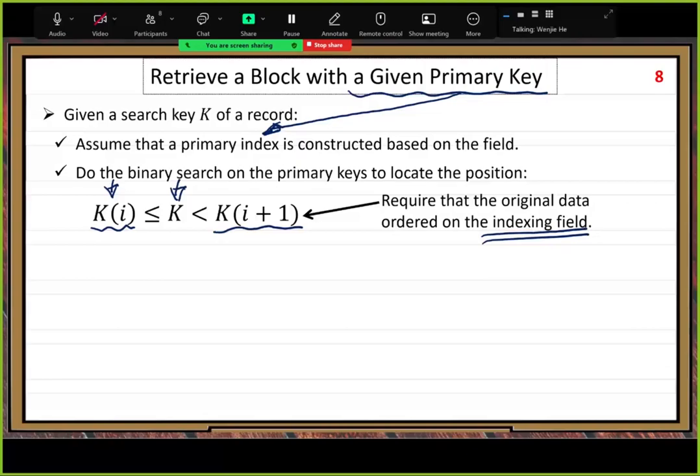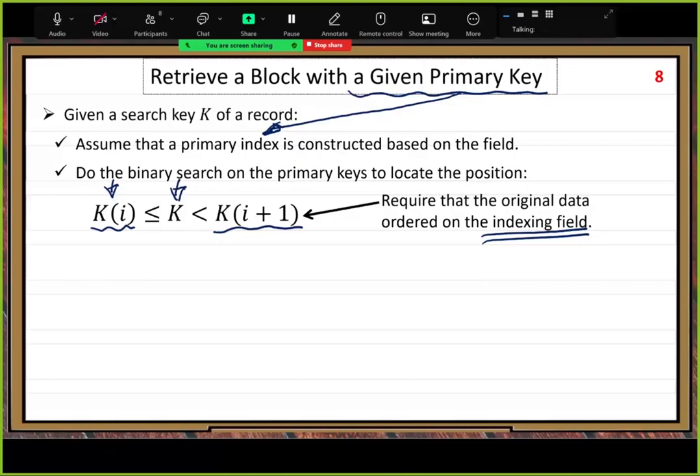But here is the problem, because all the original data must be ordered on the indexing field. So this requirement